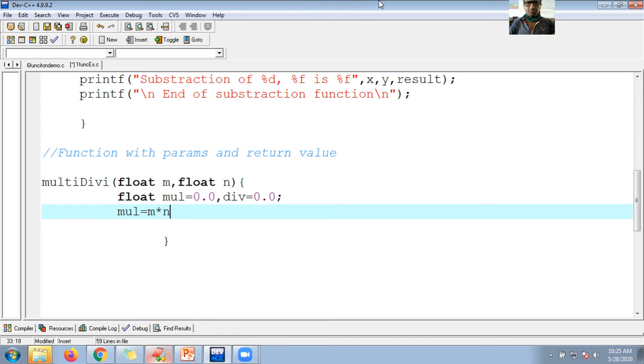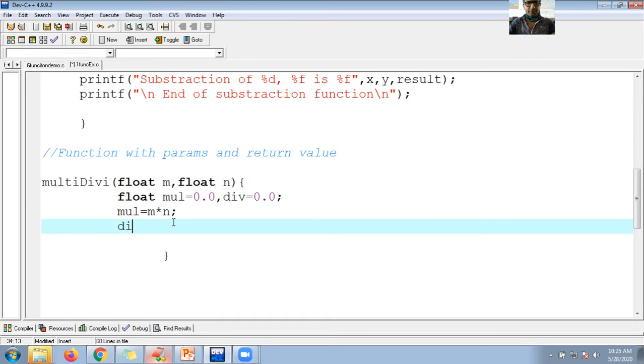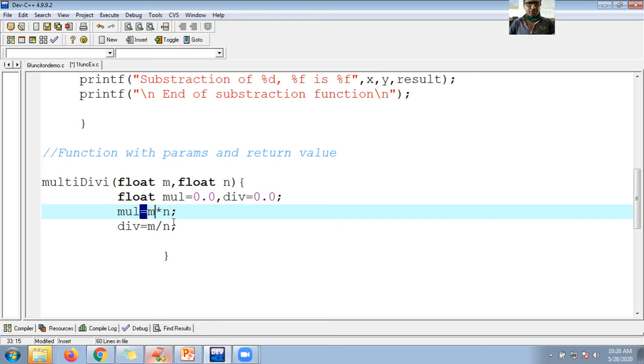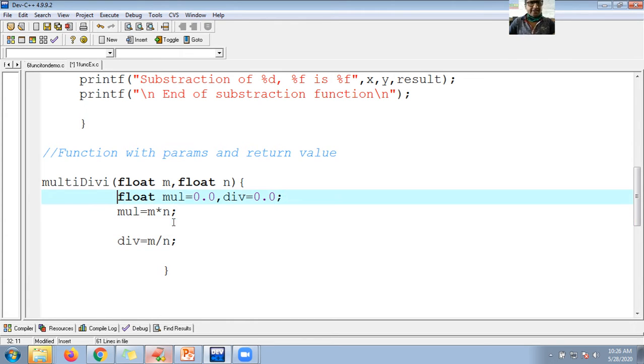Am I audible to all? Okay, fine. Now next let me perform division. Sorry, multiplication m into n and division m by n. I will show multiplication here itself.